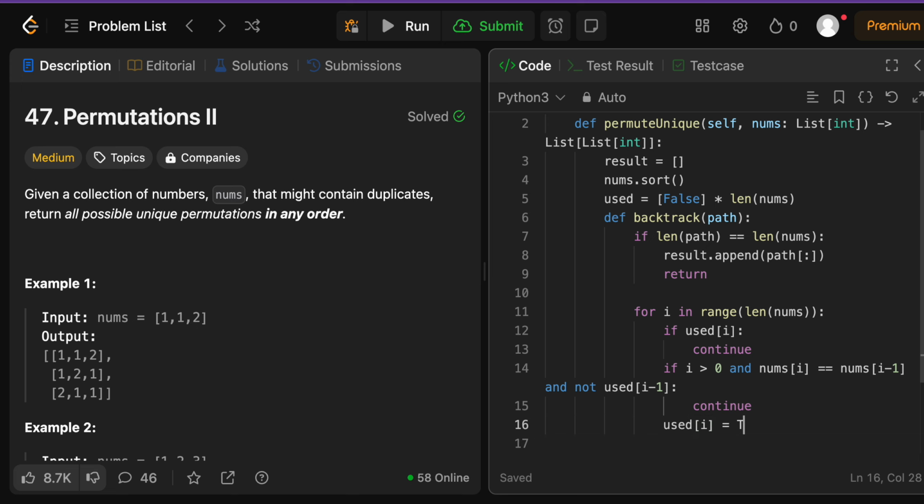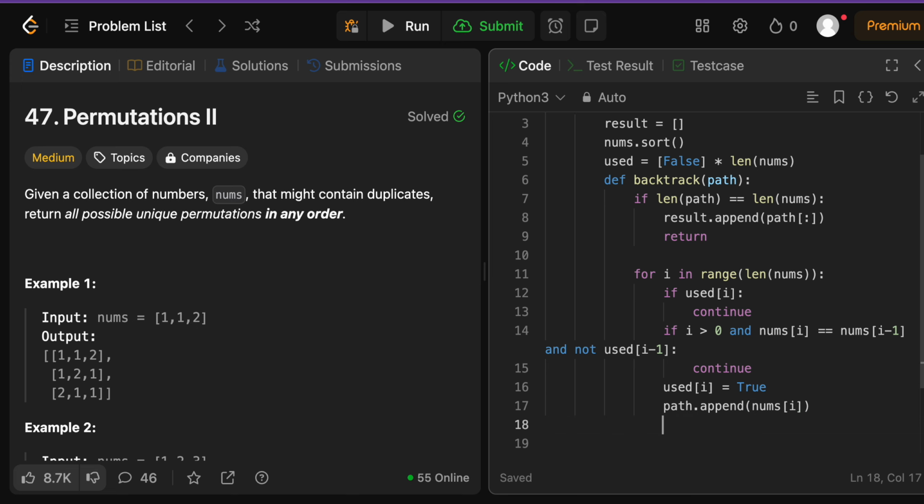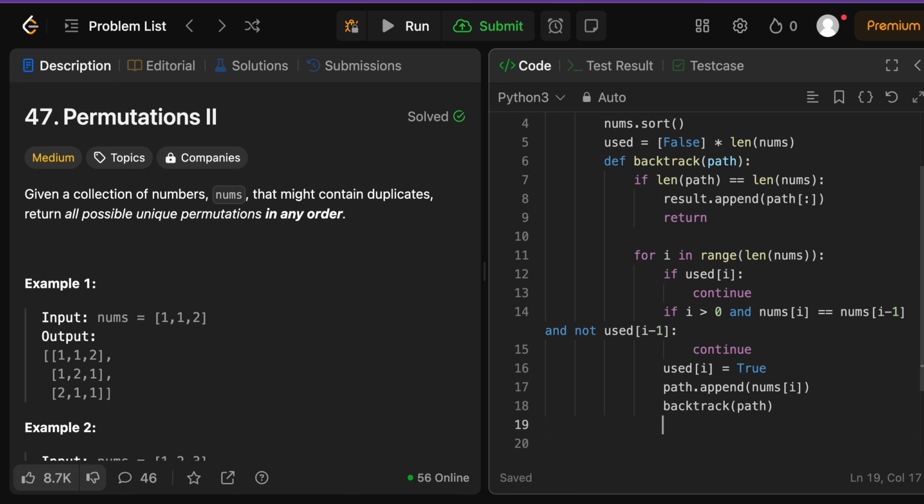Why? Because we're essentially simulating using it in this iteration, marking this number as used, and now appending it to our current permutation, or in other words, our current path. So we're adding the current element to the current path, or current permutation that we're building, and we're going to recursively build that permutation, calling backtrack with the current path based on whatever elements it has, right? And now for the actual recursion part, we're going to have a path.pop to clean up